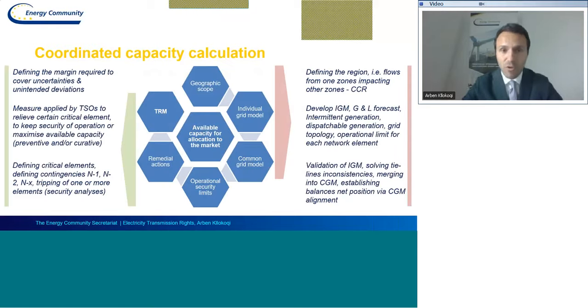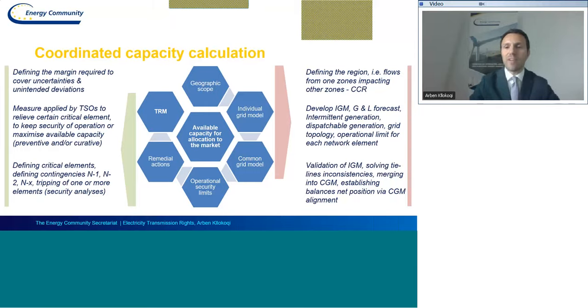A little bit on the coordinated capacity calculation. So first of all, we need to define the geographic scope. So what is the region that is coordinating the capacity? So defining the regions, and you probably know already in the EU that these regions are defined, but there is an evolutionary process. We hope that very soon we will have also the regional setup for the contracting parties, including the borders with EU member states, and then based on that the process will be better coordinated. Then you have